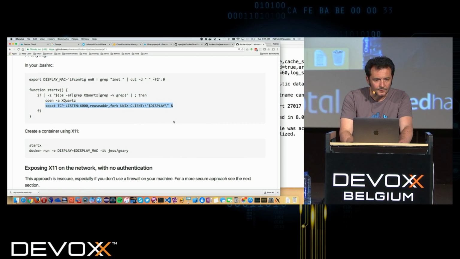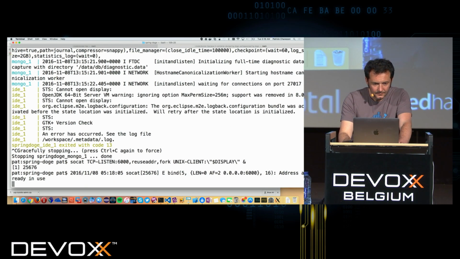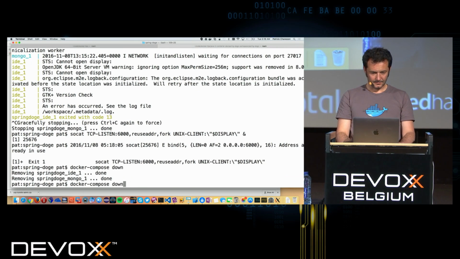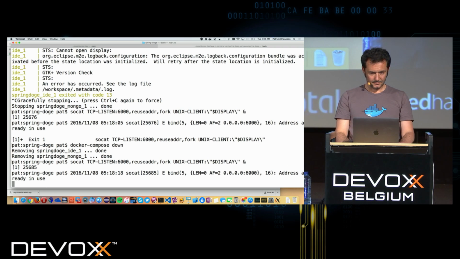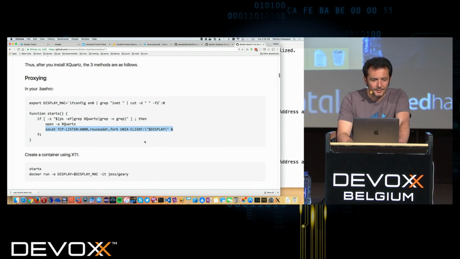Okay, so that should work too. Oh yeah, Docker Compose down. Oh no. Okay, so I just won't show you the X11 demo today, I think.